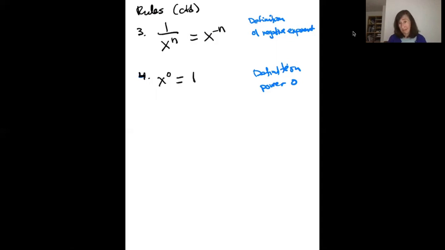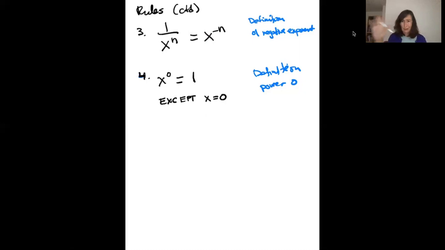It means I have 1. This is the convention. Any number raised to the power 0 is 1, except when x equals 0. We can take any number except 0, raise it to the power 0, and we're going to get 1,